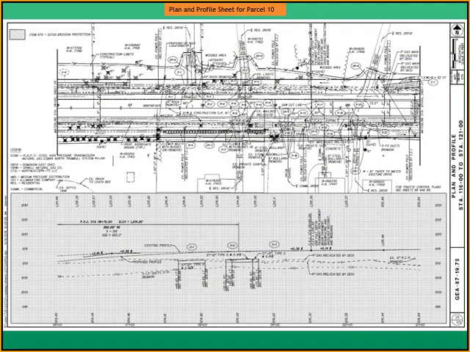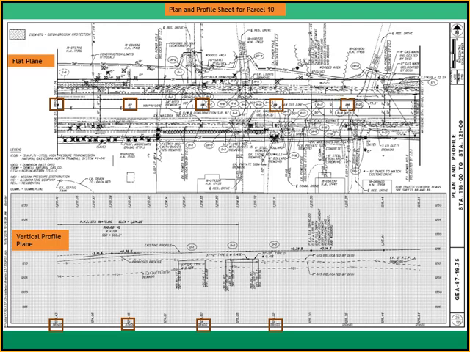Let's move on to the next slide, which is the plan and profile sheet for parcel 10 specifically. Again, flat plane on the top, vertical profile plane on the bottom. There is station 116, station 117, station 118. We are now at station 119, and we're getting very close to where parcel 10 starts. Parcel 10 starts at station 119 plus 50. So that means you go to station 119, go up station 50 feet, and that will be the start of